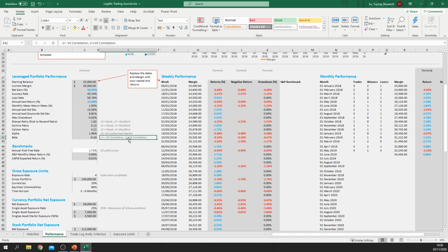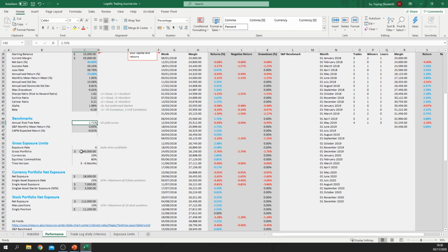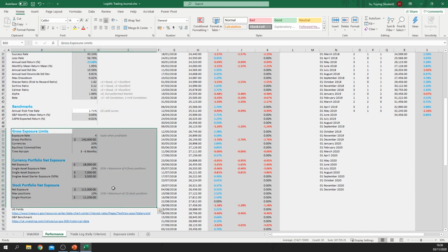So a +1 would be a 100% positive correlation, and a -1 would be a 100% negative correlation. And then here we have a few other statistical numbers. So the annual risk-free rate would be the US bond yields. And then we have some other gross exposure limits over here, which I'll cover in another video because it's basically a calculator to determine your overall exposure to the markets and basically how much you should be positioning in each